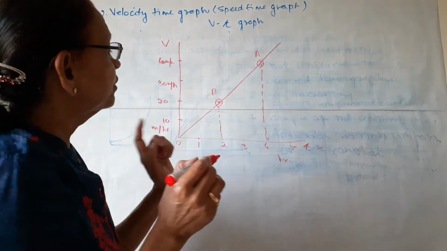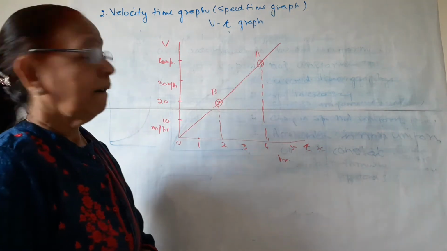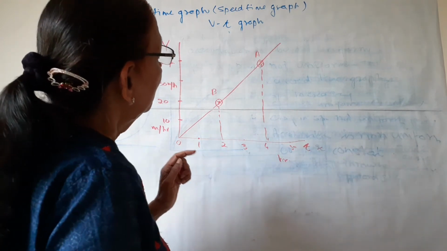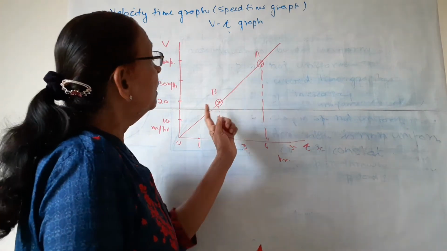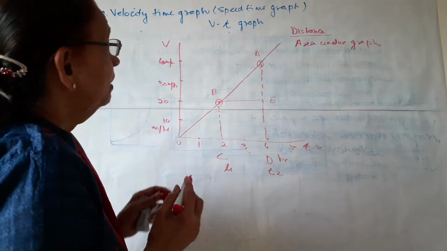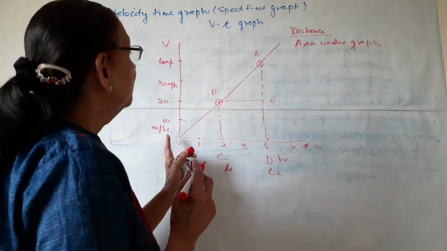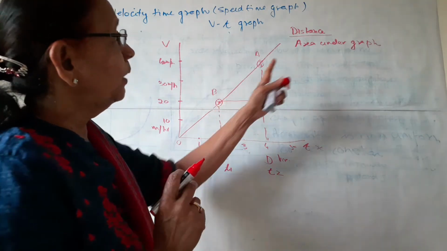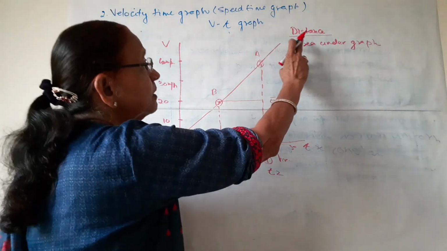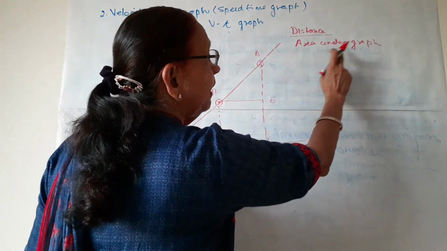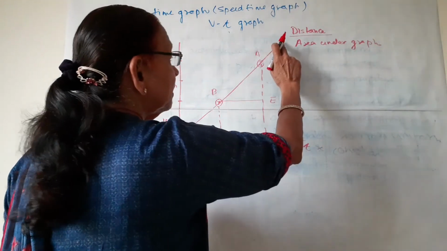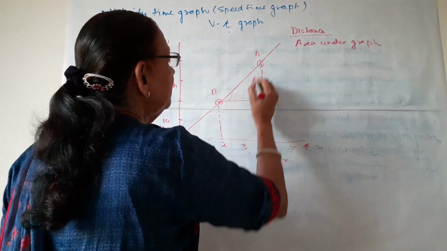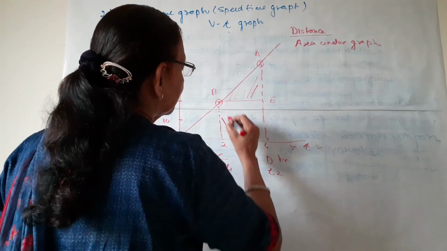So on this the speed is there, on this the time is there. If we want to know, it's not acceleration, we are calculating distance. So from this graph, which is of a uniformly accelerated motion, we can calculate distance. And distance is calculated, as we know, by area under graph. So this is the graph line and the area under graph is this one and this.